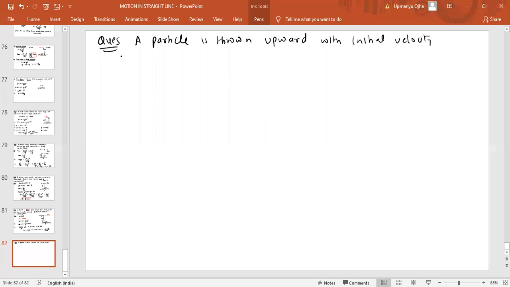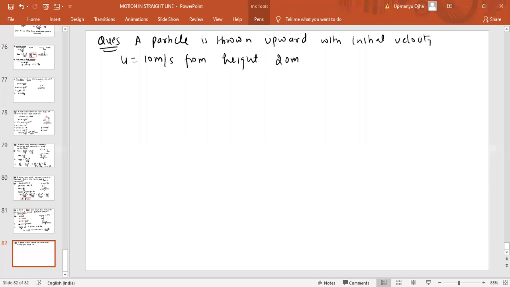What initial velocity should we take? Let us take some value here, say 10 meter per second. Maybe I've taken some value and the answer may not be in exact order. A particle is thrown upward with initial velocity u, that is 10 meter per second, from a height